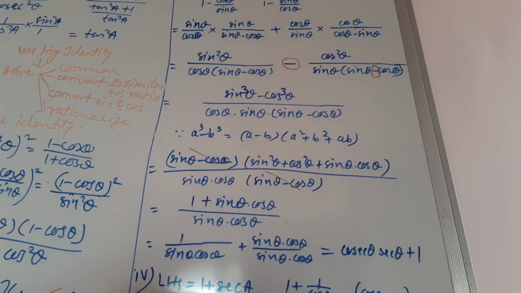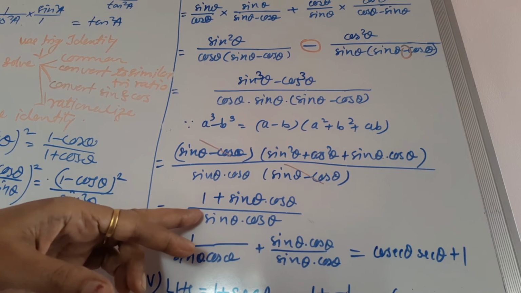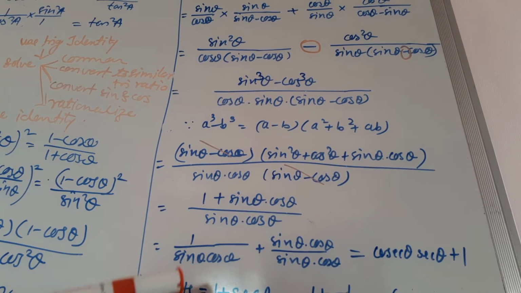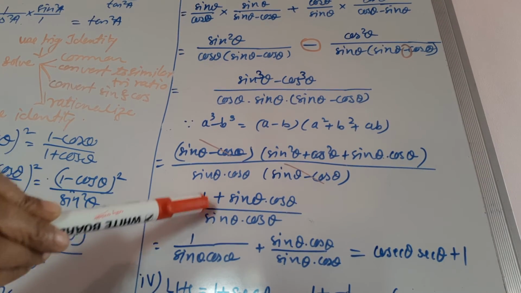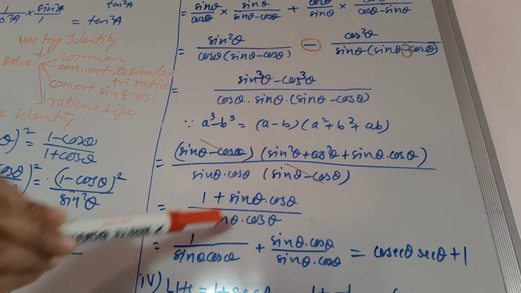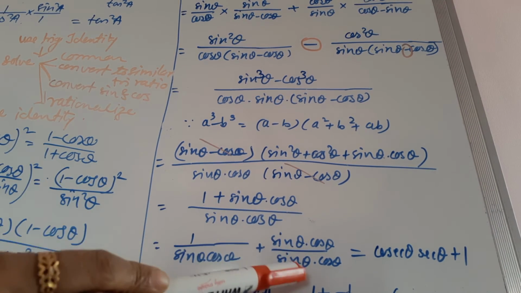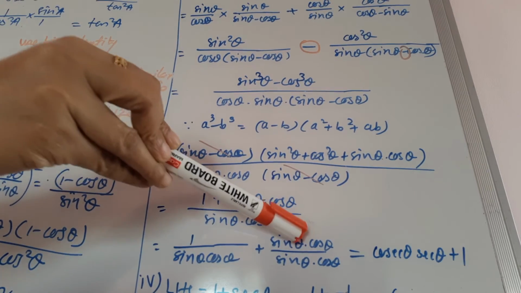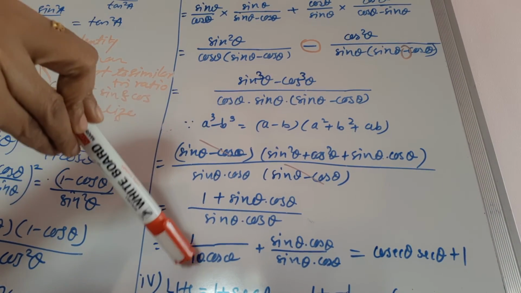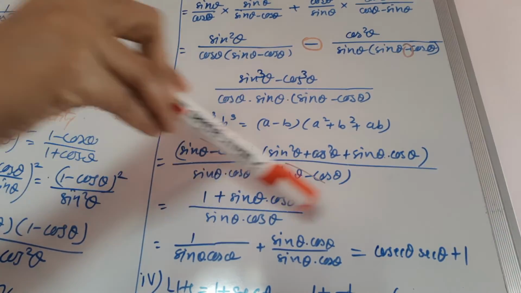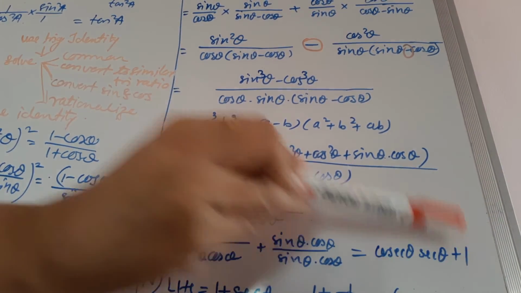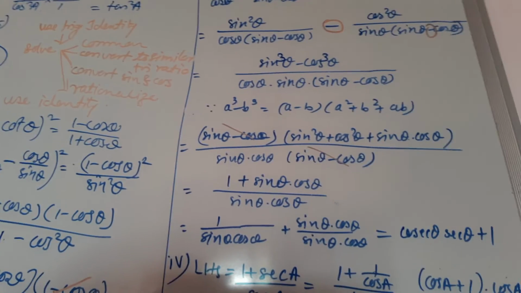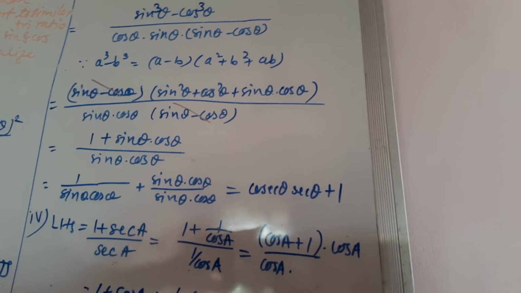Now further, here was the common denominator for both the terms, so we have separated the terms, taking 1 divided by this denominator and this divided by this denominator. So we get the same quantity in the numerator and denominator, which is equal to 1, and 1 by sine means cosec and 1 by cos means sec. So here we got the required result. Now further we can solve problem number 4.